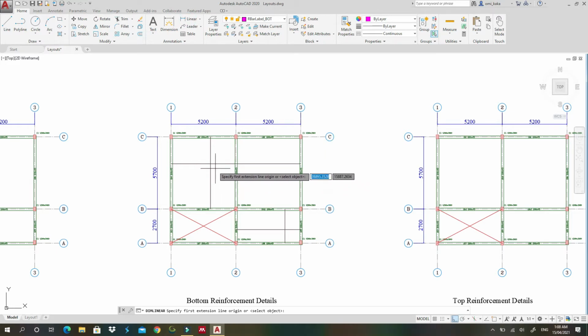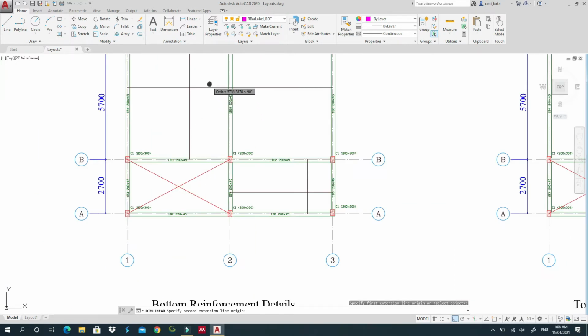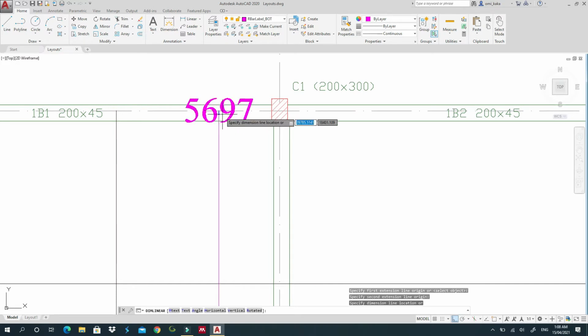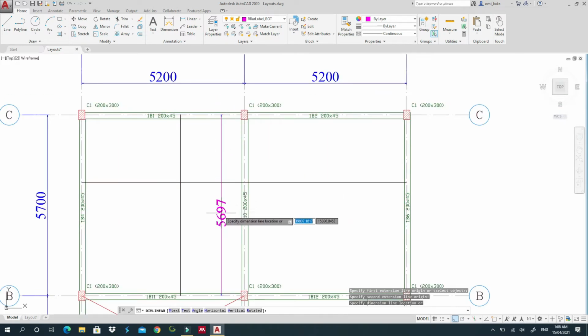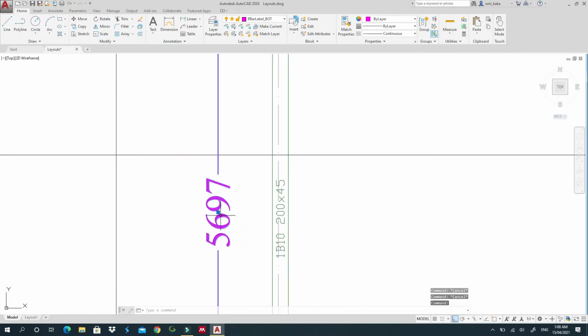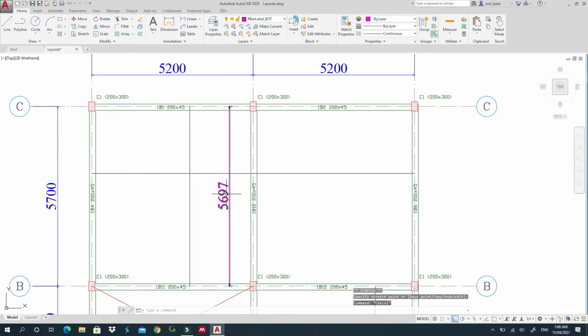This reinforcement I said is bottom, so I will start from here and go up to here. First of all, I want this to be here on top. This distance I just drew roughly, but it is supposed to be